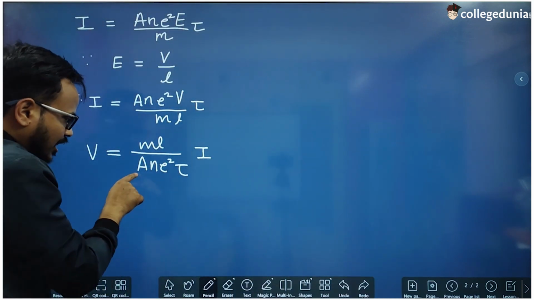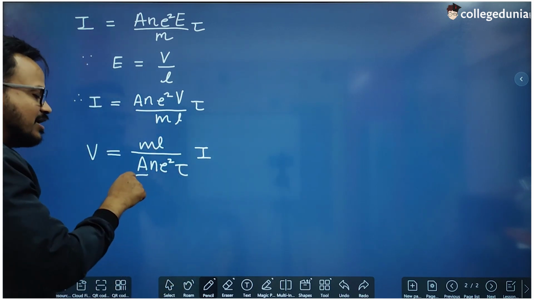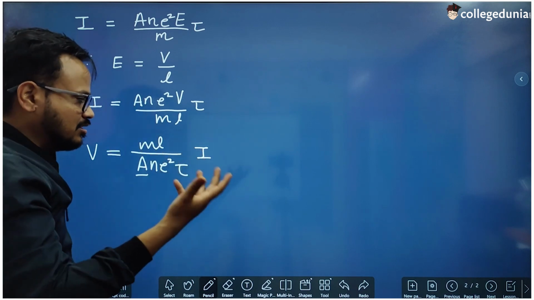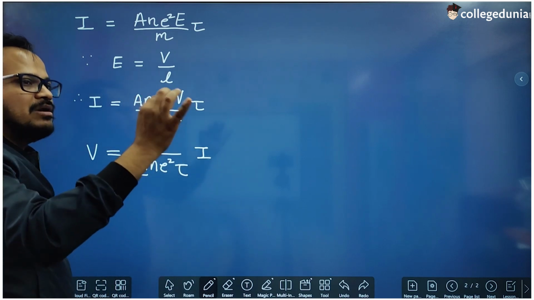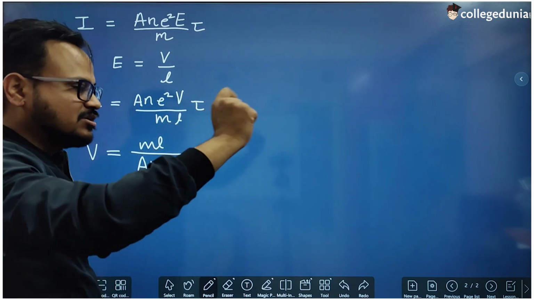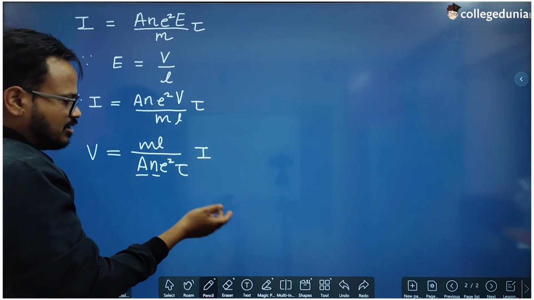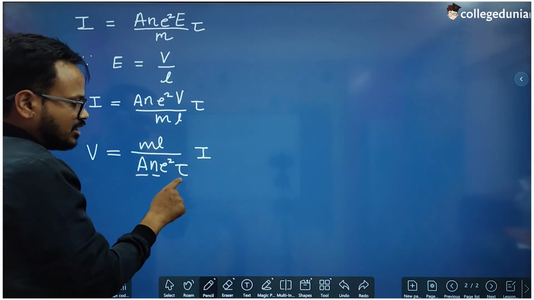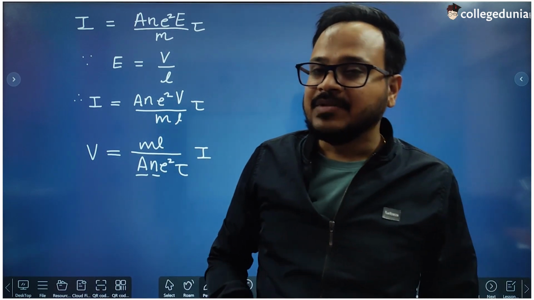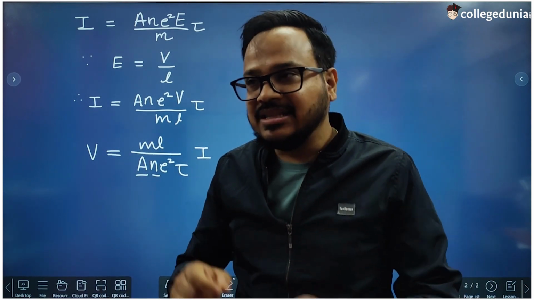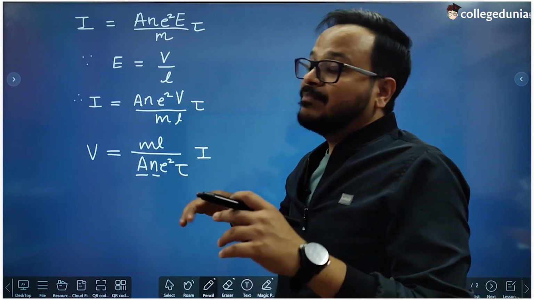Why? Let's see. A can be changed by stretching, by heating, by cutting, but just like L, A can only be changed by changing pressure and temperature, and we are keeping pressure and temperature, which are physical conditions, constant. n is the number density of electrons, which is always constant, that is the property of the conductor. e is the electronic charge, that is constant. Tau is the relaxation time, which depends on temperature. When you increase the temperature, electrons gain more kinetic energy and move more rapidly, so they take less time between two successive collisions, but temperature is constant.